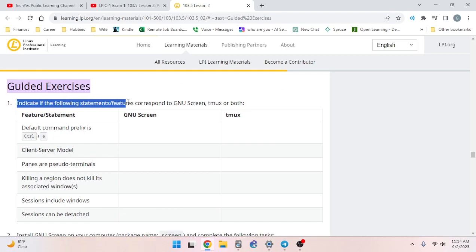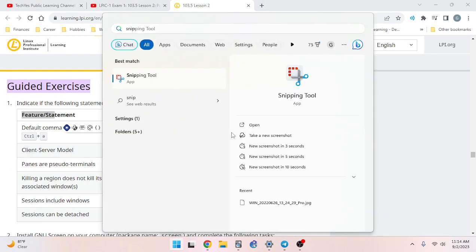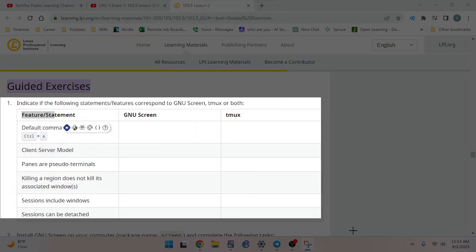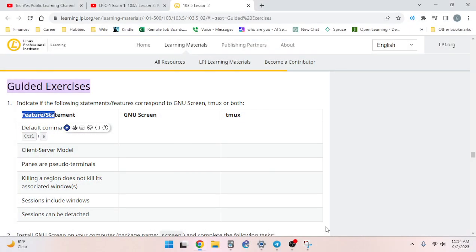So the first guided exercise is to indicate if the following statements slash features correspond to GNU Screen, TMUX, or both. All right, so the first one, and let's actually fill this out. So we'll use something like Microsoft Paint,